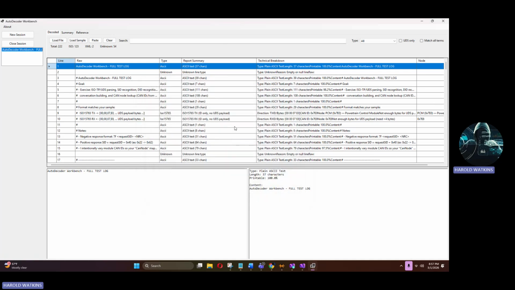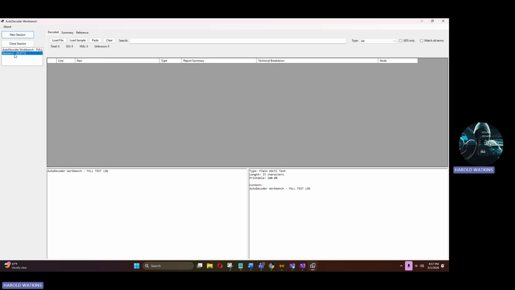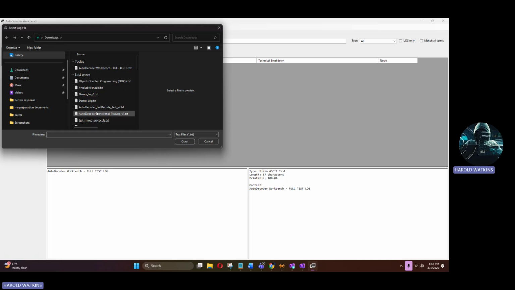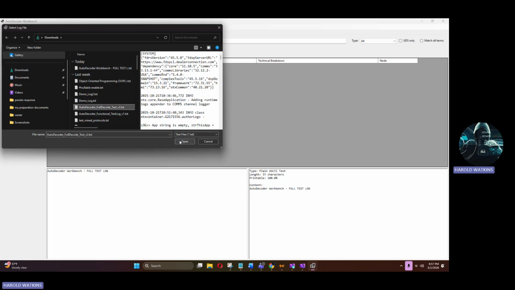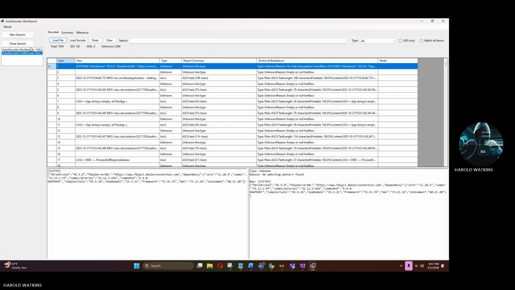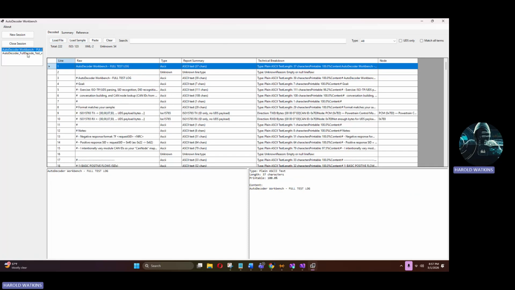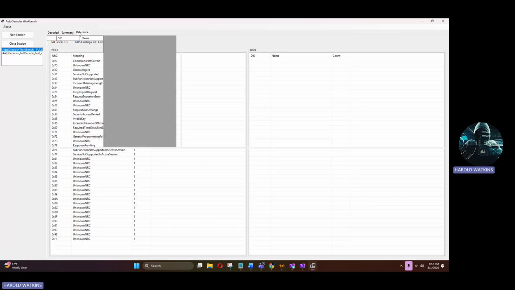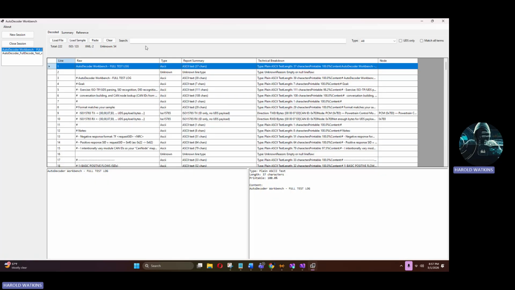I'm going to close this and I'm just going to demonstrate. I'm going to add another session, which I'm going to grab from here. And what we can do is jump back and forth. You can see a summary, see reference. And on each one we can filter, for example, I'm going to filter